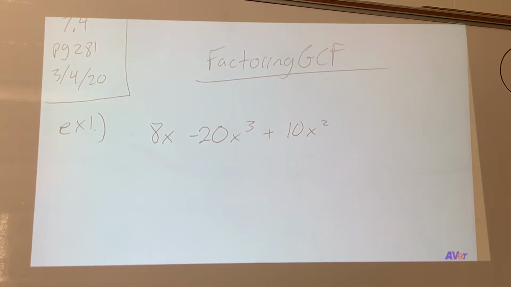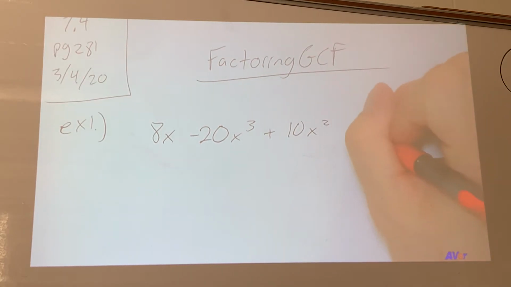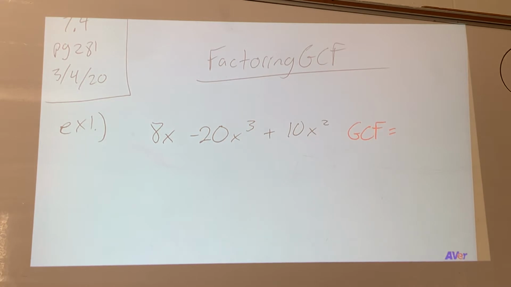In order to factor out the GCF, we need to figure out what the GCF is. So the greatest common factor is the multiple that we are going to divide out of the terms. Now, it has to be the biggest. It's got to be in common with all of these terms, and it's got to be a multiple inside of those terms. So when we did the warm-up, how did we distribute that 2x